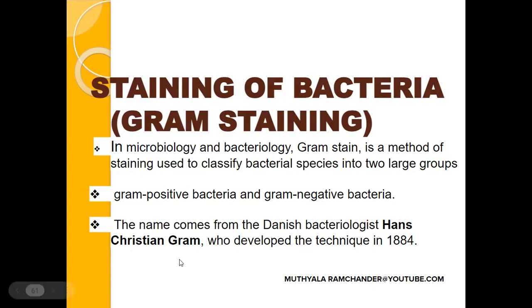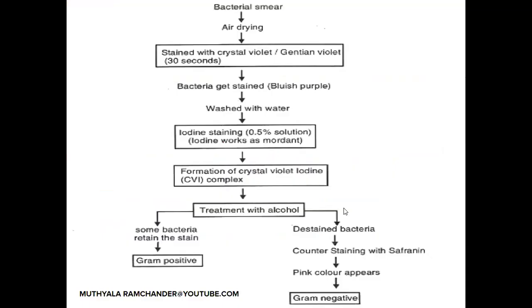Basically, Hans Christian Gram did one experiment, identification of bacteria, mainly two bacteria: gram-positive bacteria and gram-negative bacteria. During this procedure, we use a bacterial smear, and the smear is taken with an inoculation loop on a clean slide. The bacterial culture makes a thin layer on the glass slide, and it is exposed to air,